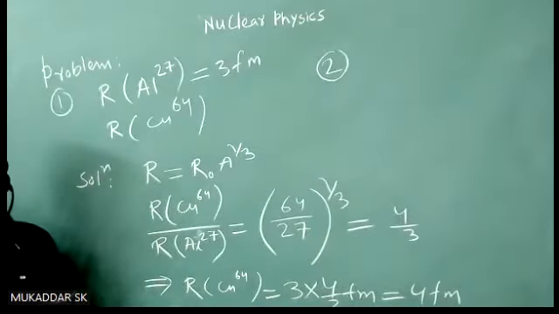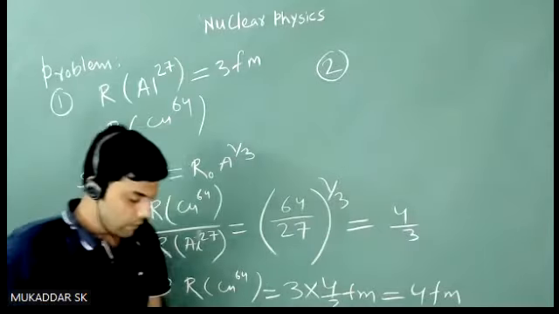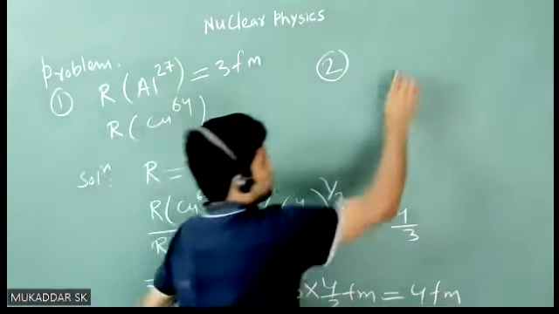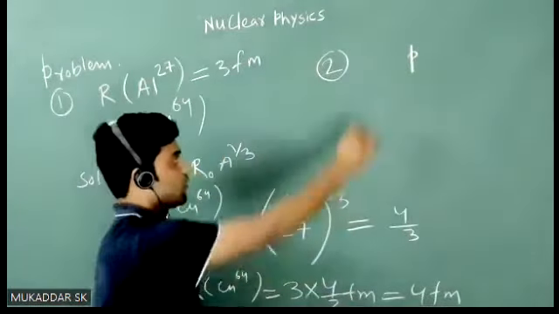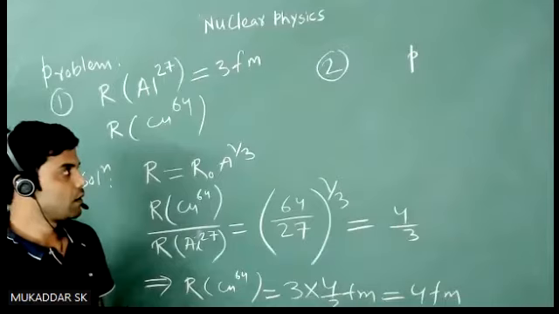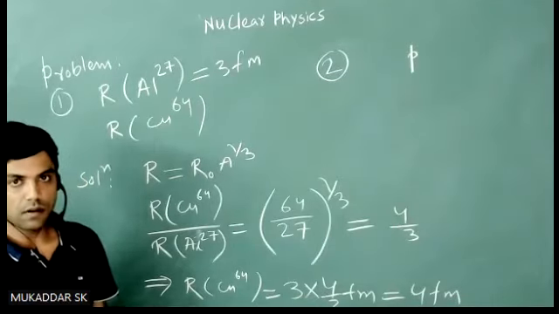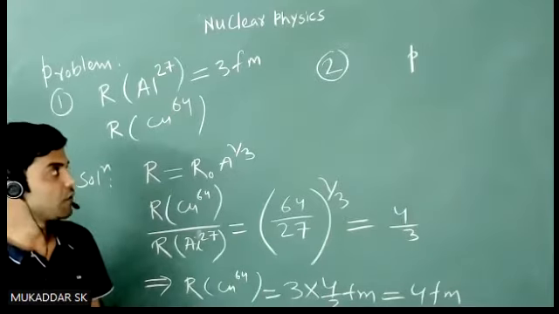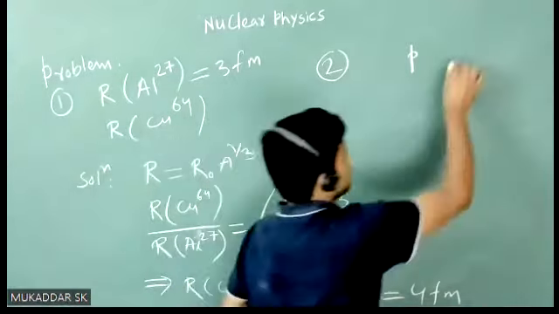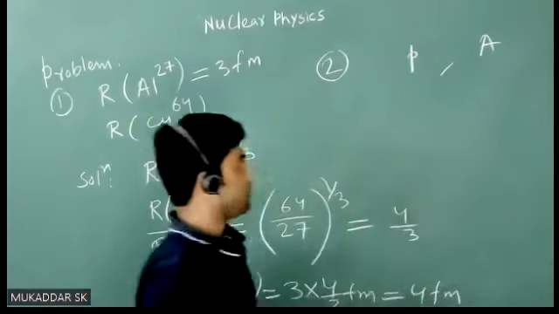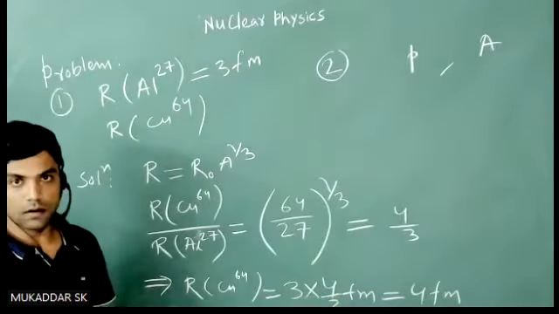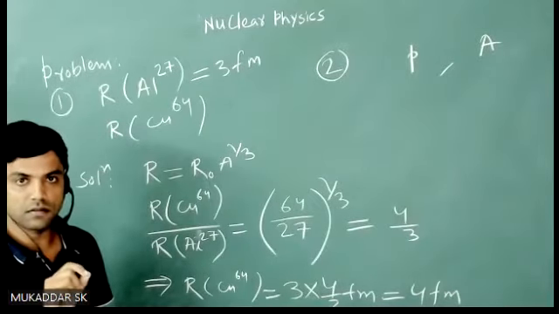The second problem is: the mean momentum of a nucleon, that is noted by small p, varies with mass number, and that mass number is noted by capital A. So you have to show that the mean momentum of a nucleon inside the nucleus varies with mass number, that is A,